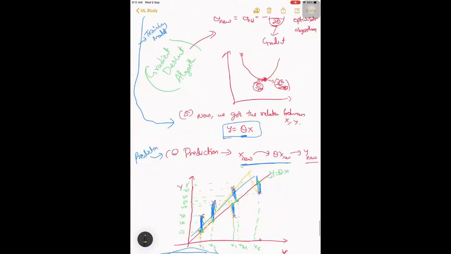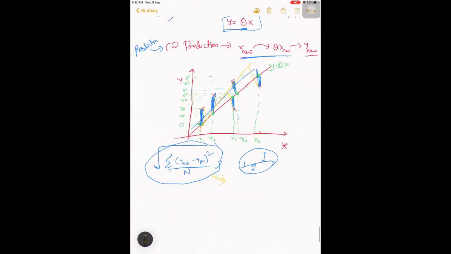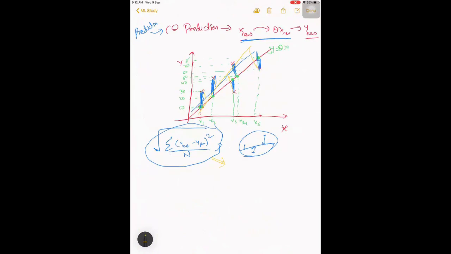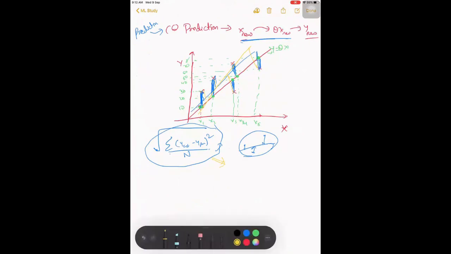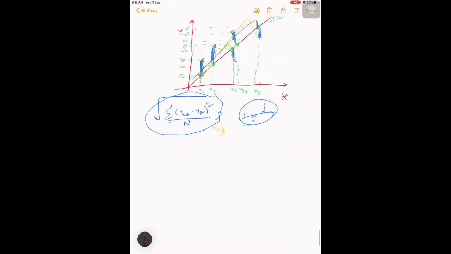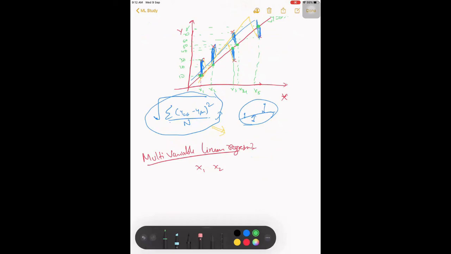Till now we have only seen a single variable. In tomorrow's session, let's see multi-variable problems, where instead of a single value x, you have x1 and x2. Let's not confuse with the previous terminology, let's make it 0.1, 0.2.